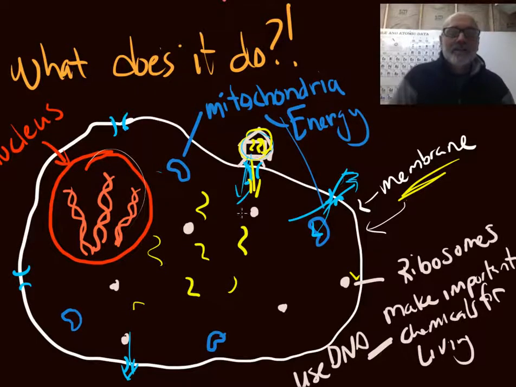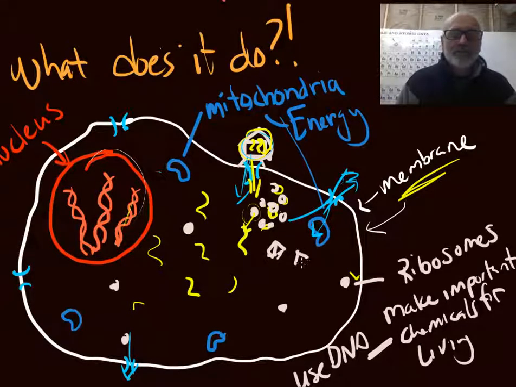So when it gets in here, these ribosomes, their job is to make things using the instructions from the DNA. The ribosomes are going to find this, and they're going to make the pieces needed to make more viruses. And these pieces will start coming together, and they're going to make more viruses. So these ribosomes are going to come over here, get on there, and make more. And then it's going to find another one, and make another virus.